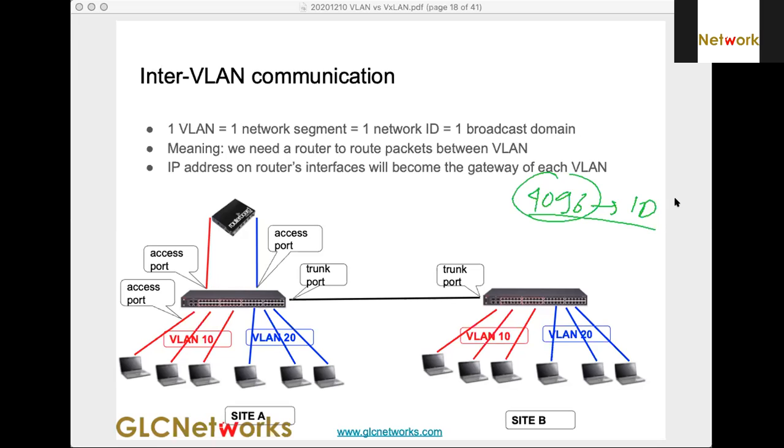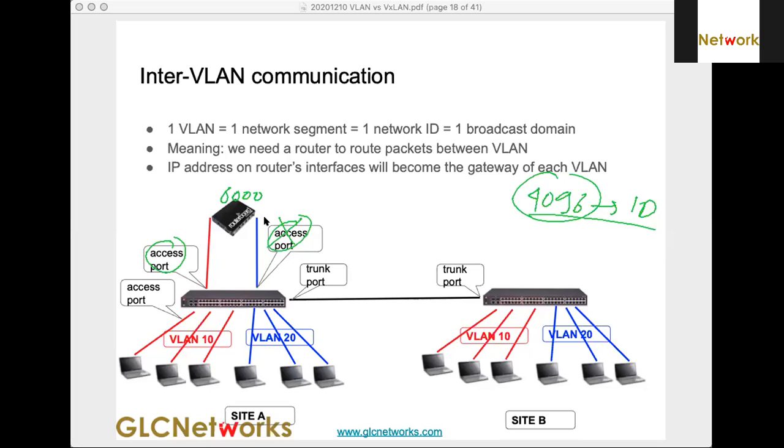Let's say you have a very big organization with lots of VLANs, and you keep generating more VLANs. In that case, when doing inter-VLAN routing using the access port here, this situation is not feasible, because it requires many router ports.